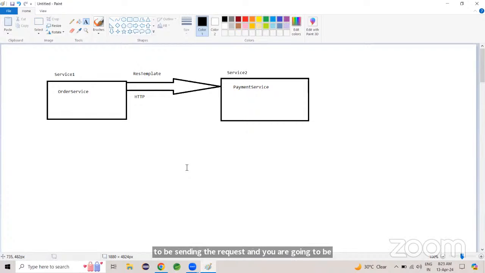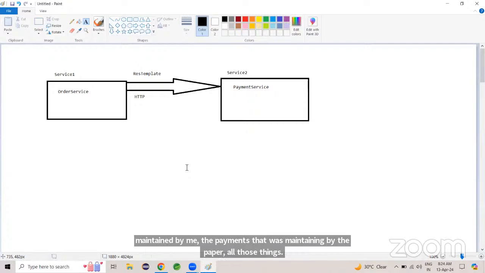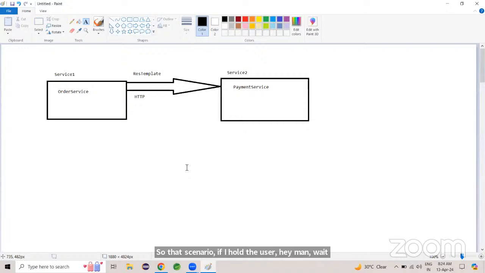To overcome this challenge, let us take a simple example. I have an e-commerce application. I want to use the PayPal payment gateway. Now, I send the request and I hold the user until my payment is completed. But my payment service is not working properly, and I don't have control over that payment service because it is not maintained by me. It is maintained by PayPal. In that scenario, if I hold the user, saying, wait until payment is completed, you can't do anything else, you can't even browse other products in my application, then I lose the